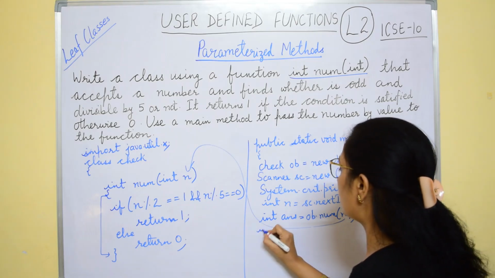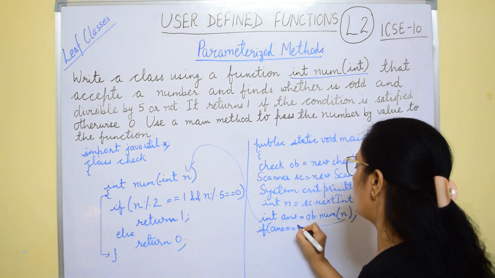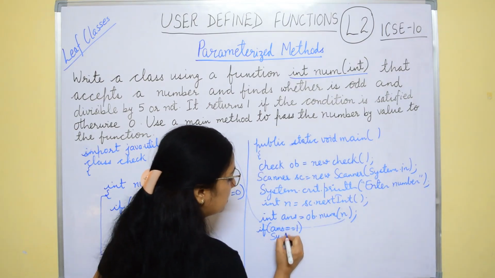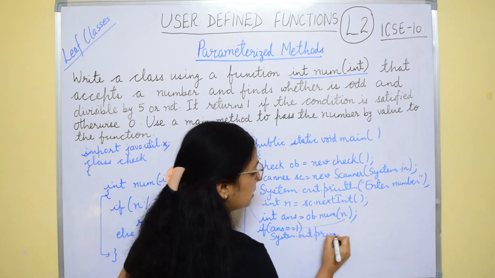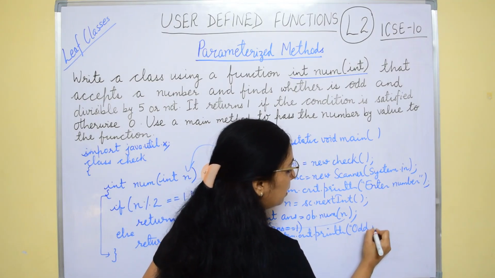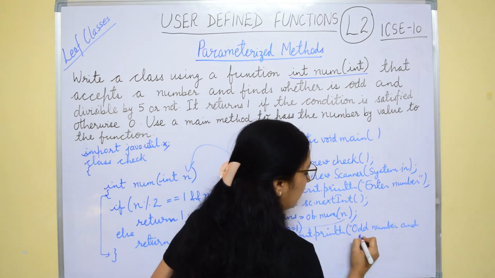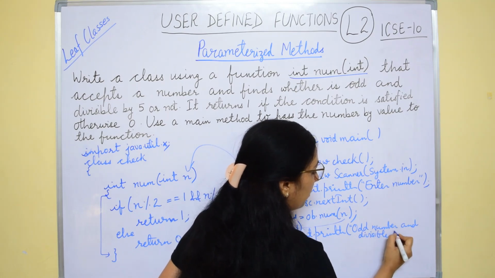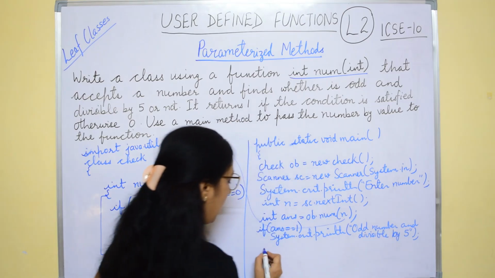Now after this we can check if ans is equal to 1, then you can print the message System.out.println odd number and divisible by 5, and else